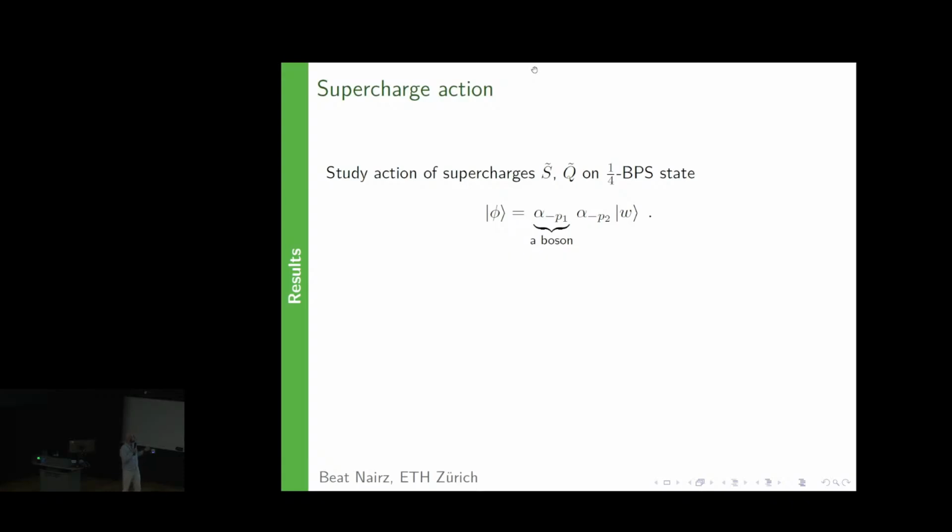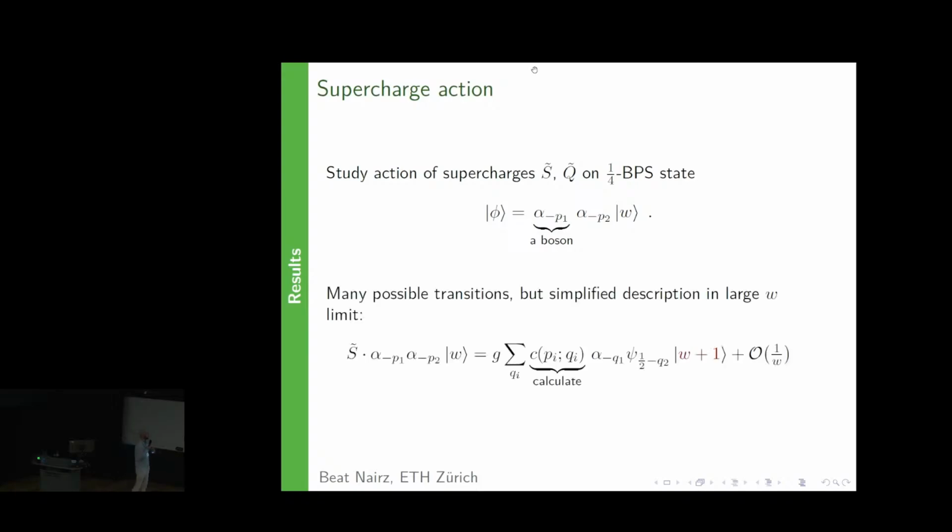To see how this S tilde can act on the state, you basically have to write down all the states it can transition to and calculate the transition elements. There's a quadrillion states, but in this BMN limit there's a certain simplification, namely that the transitions to almost all of them are at least 1/W suppressed. And so if you want to look at how this supercharge acts, you can focus on the order 1 coefficients,